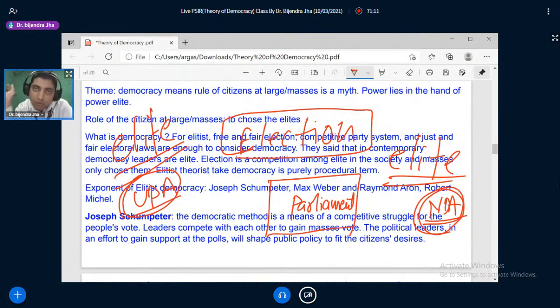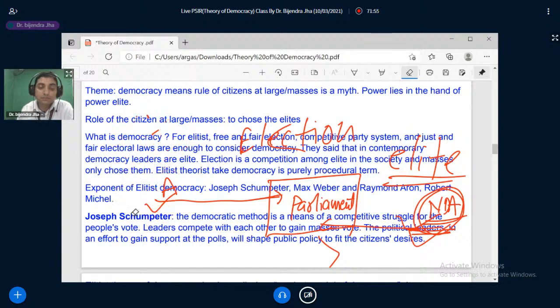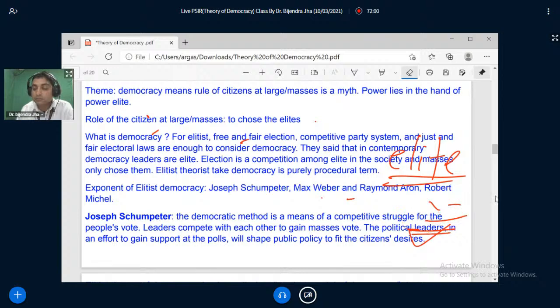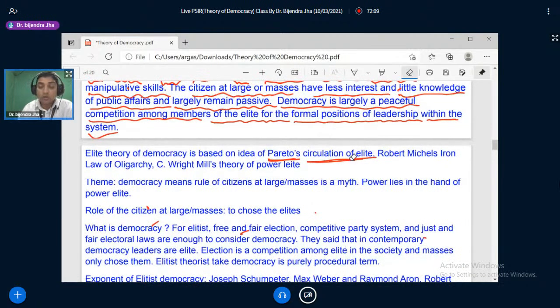पार्टी में जो इलीट लोग हैं वो पावर होल्ड करते हैं. जो मासेस है, जो झंडा उठाता है वो तो झंडा ही उठाता रहेगा, उसके बच्चे भी झंडे उठाते रहेंगे, वो जय जय करता रहेगा. डेमोक्रेसी का, एलिटिस्ट थ्योरी का मानना है कि चलो अगर यूपीए गया तो ये बाहर जाएगा, अगर ये अंदर आएगा तो ये बाहर जाएगा, मतलब पावर में. तो एक बार ये आएगा, एक बार ये आएगा, ऐसे सर्कुलेशन होता रहेगा, राइट? एक बार ये, एक बार ये. इसका मतलब ये नहीं कि मासेस जो है वो रूल करेगी, नो. ये सर्कुलेशन ऑफ इलीट पे पूरा डेमोक्रेसी बेस्ड है. राइट? सो पेरेटो का सर्कुलेशन ऑफ इलीट अगर आप समझ गए